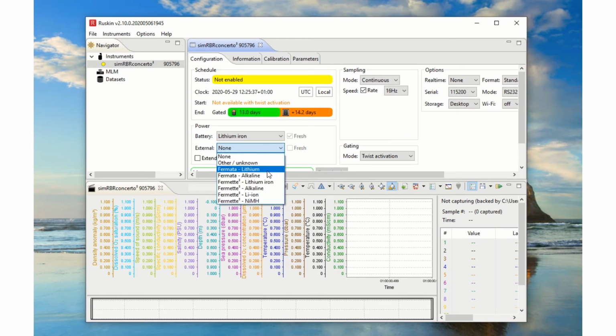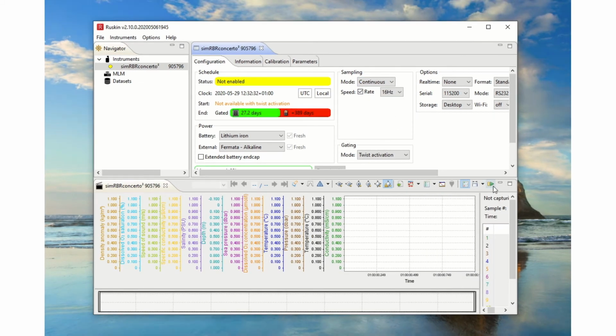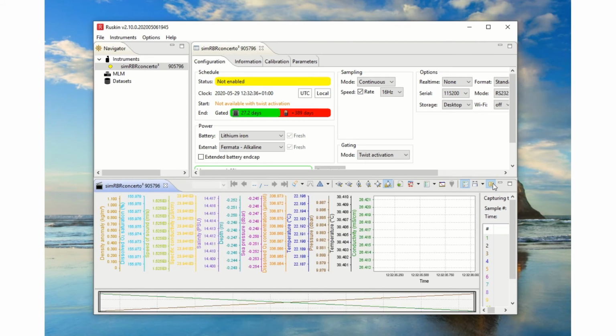If we were to use an RBR Fermata battery pack with alkaline batteries, this would extend the battery endurance of the logger beyond 1 year. However, the memory capacity would limit us to a 27-day deployment. With a logger fitted with the fast16 function, averaged, burst, and directional sampling modes become available, as well as the continuous sampling option. If we start simulating the data once again, you can see multiple parameters are plotted on the